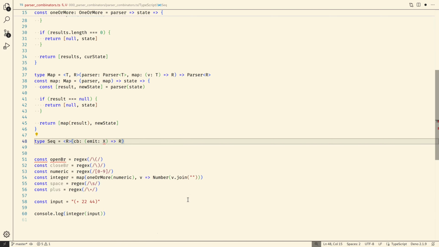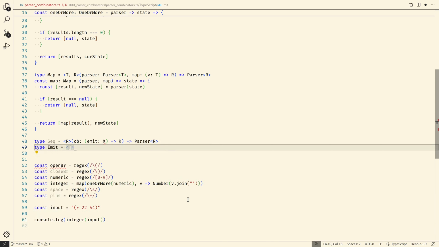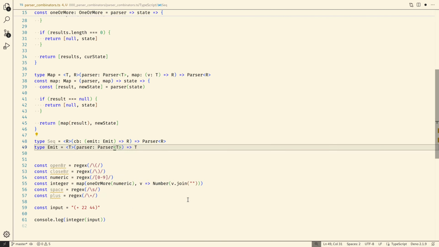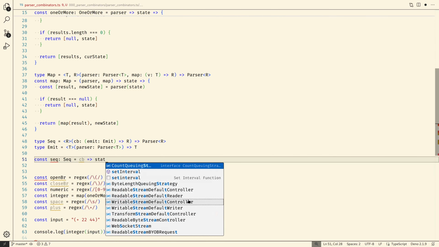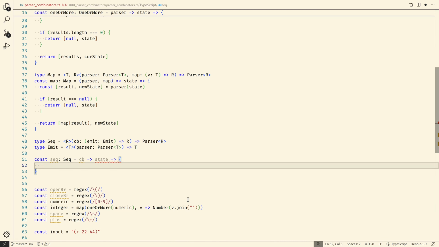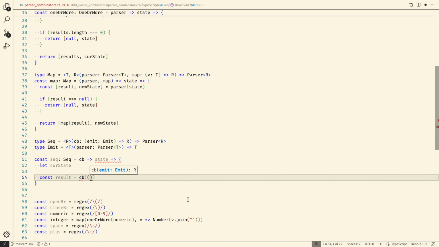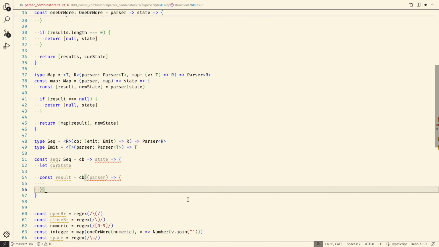Okay, so this part gonna be just a little trickier, less easy to follow. And I'm sure there are a lot of different, better ways to implement this bit, but in the interest of time and to keep things sort of smaller on scope, please just stay with me and it's gonna be easier to follow and understand when we actually use this function. But essentially, sequence is yet another parser creator function, right? Instead of accepting parser directly and create a new parser, it accepts a callback,